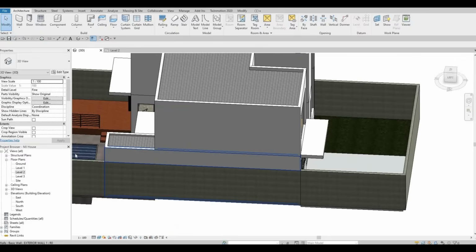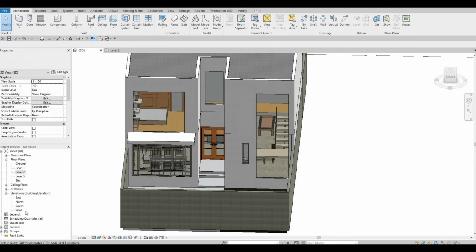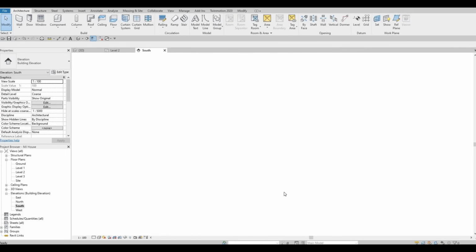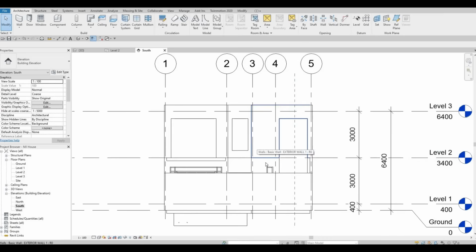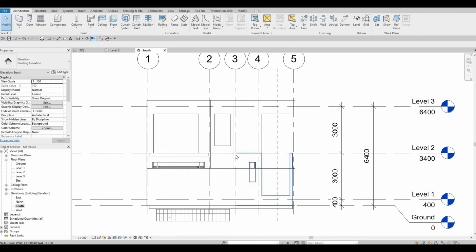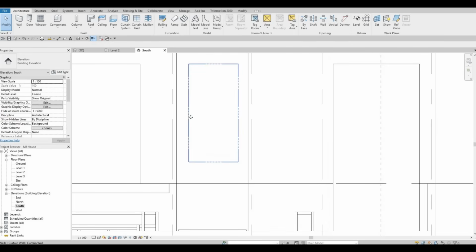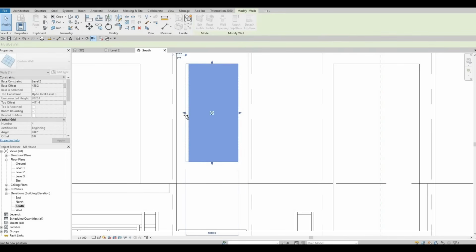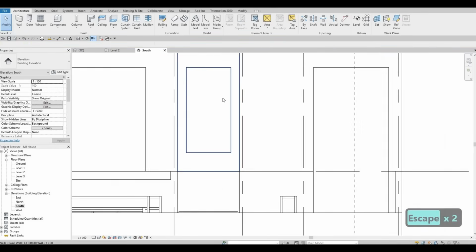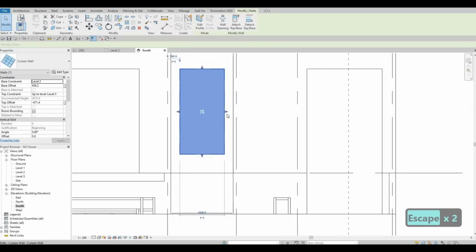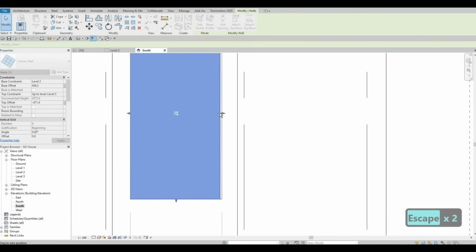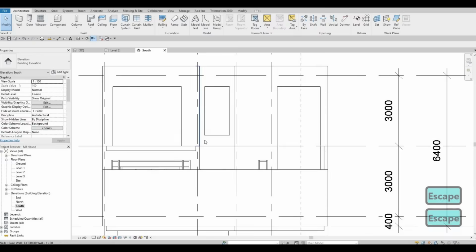The next thing we're gonna do is I'm going to my south elevation, and from here I'm going to make some designs. So what I'm gonna do first is to make sure that this is similar in distance and towards with the wall. I'm just changing it a little bit like that,